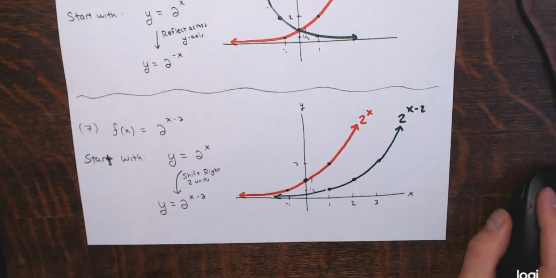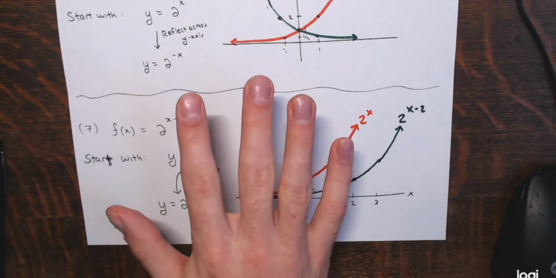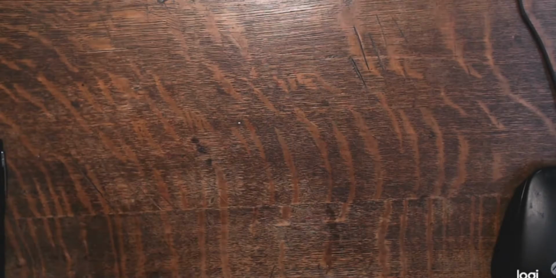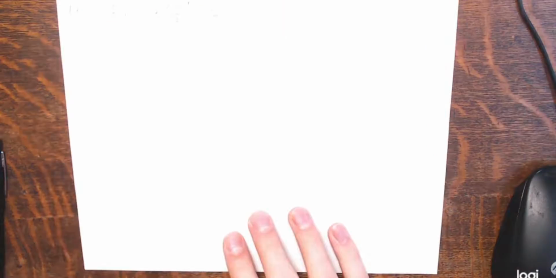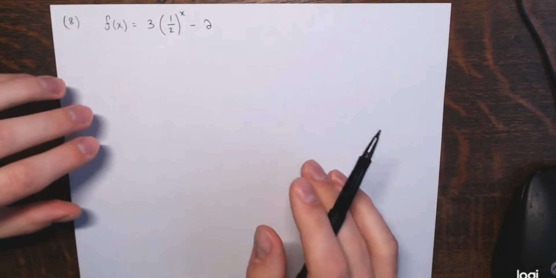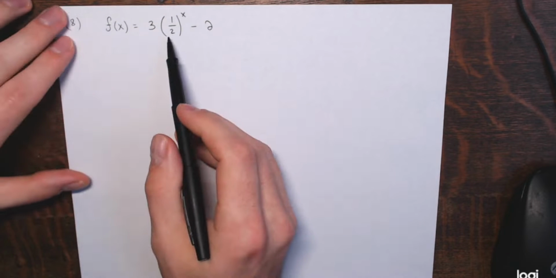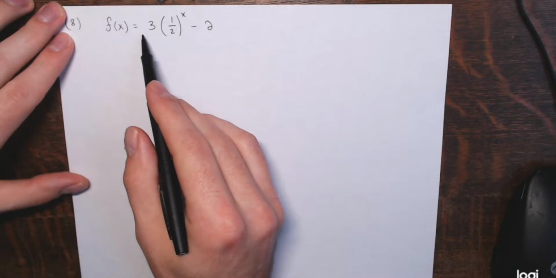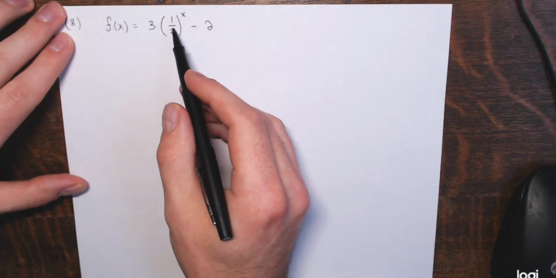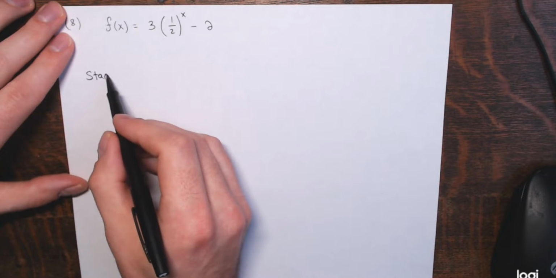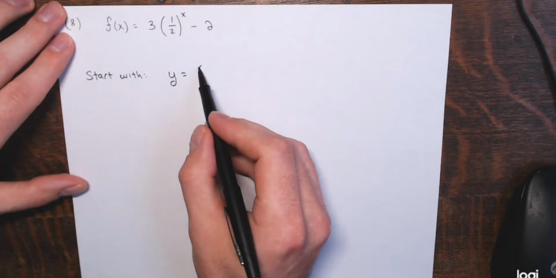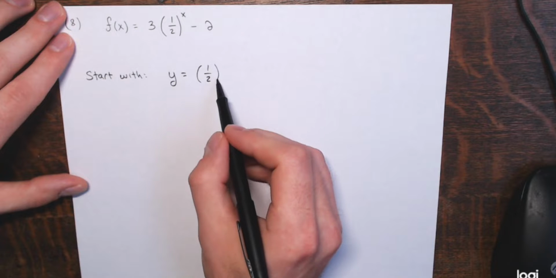Okay. And I just got one more of these. Now this next example is pretty simple, similar to example 5. So once again, you've got y equals f of x equals 3 times (1/2) to the x minus 2. And I've got the basic one that I'm going to start with, the parent function,